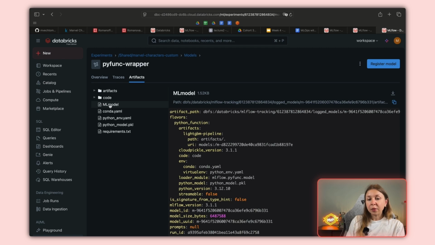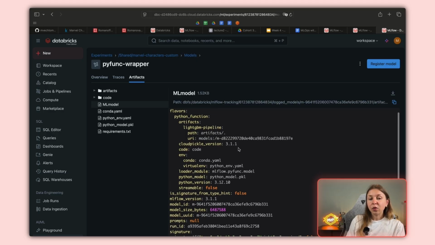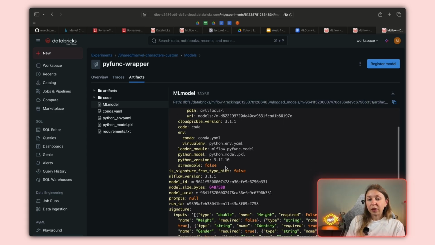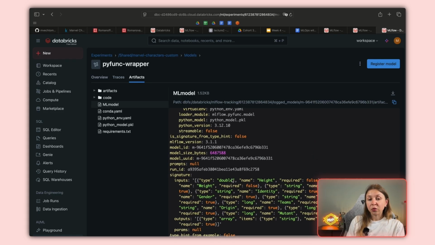So we have an ML model file here. The ML model has the Python function flavor. It doesn't have the scikit-learn flavor anymore. It has a cloudpickle version and the artifacts definition. We can see that the model URI of the wrapped model is present here with the model ID, so we always know what model was actually used. Then we have the Python version, the MLflow version,